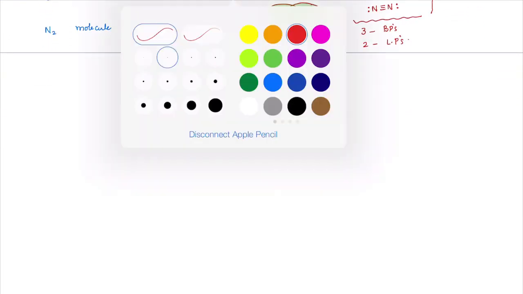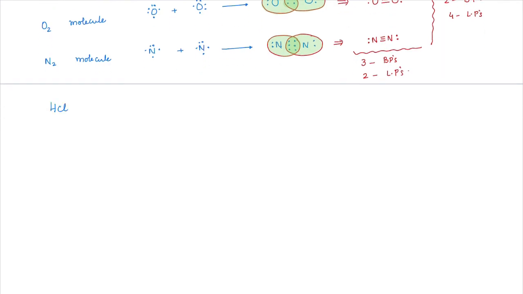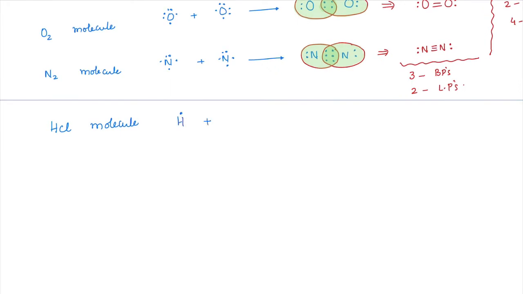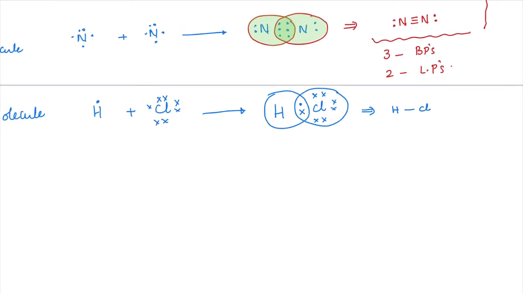Okay. So some books may also give the Lewis structure in the form of dot and cross. Like if I take HCl molecule, they will represent one atom in the form of dot and the other atom in the form of cross, just to showcase which atoms are exactly getting bonded, just to have a little bit more clarity on the types of atoms. That's all. Okay. Like this is bonding like this. It's not going to make much of a difference, but this type of representation is more helpful when you have a lot of atoms present, like in the case of H2SO4. So then this cross works better. Okay. So otherwise it is absolutely fine. Any doubt here?